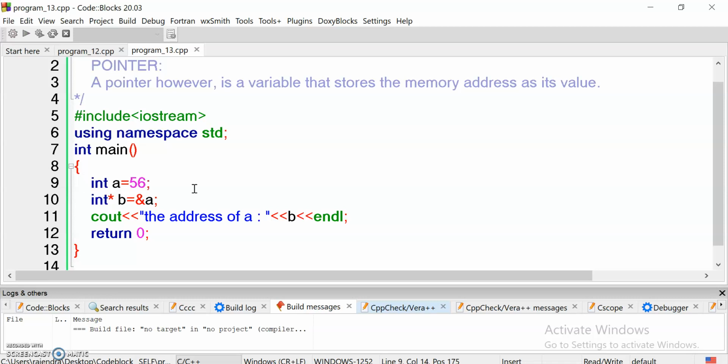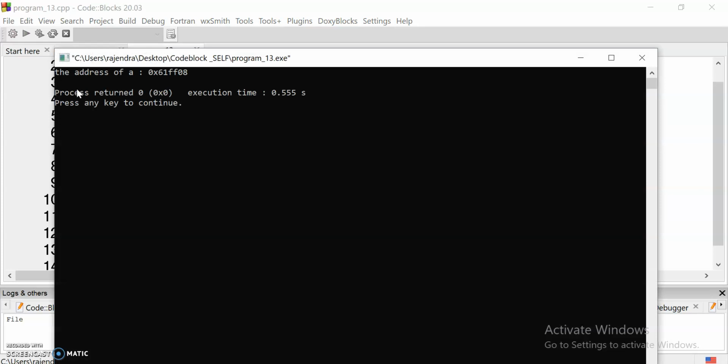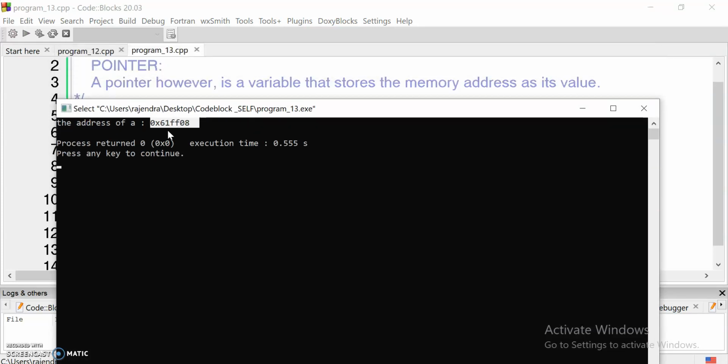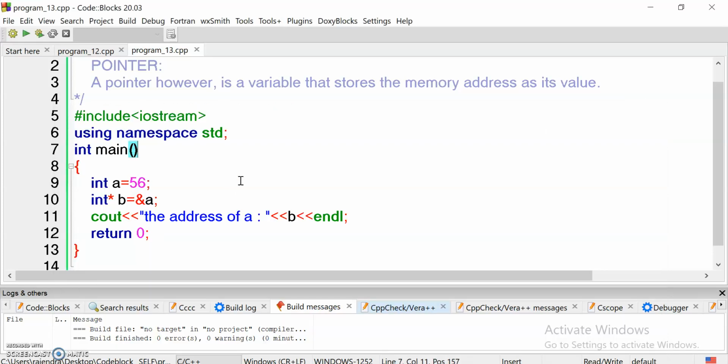Now just see, control F10. See, the address of a is this, 0x61f1, whatever, this is according to your computer memory or whatever RAM you use.